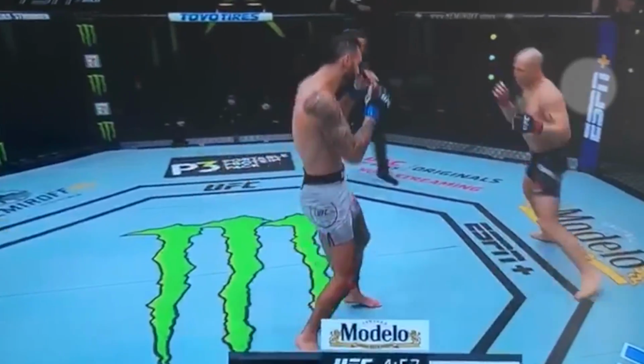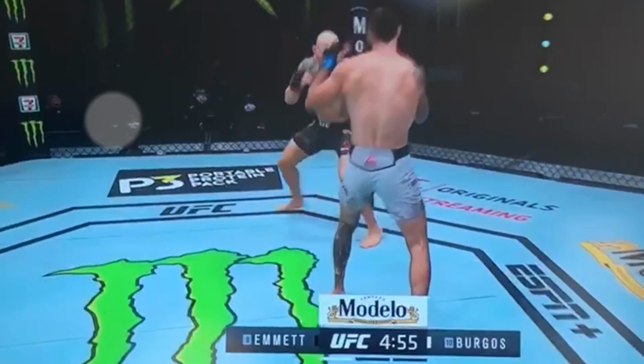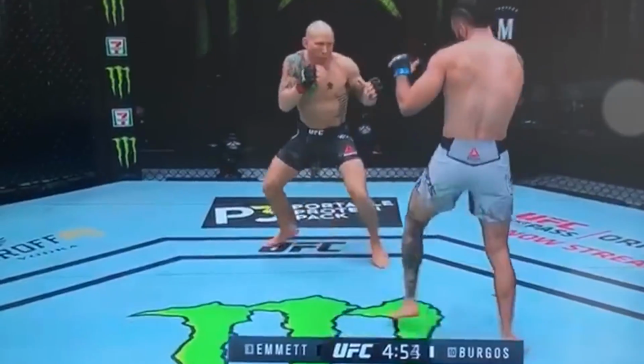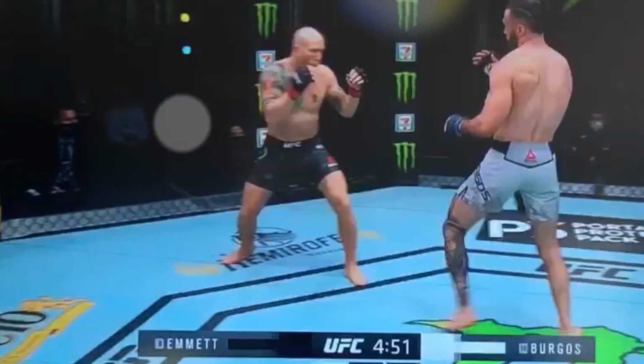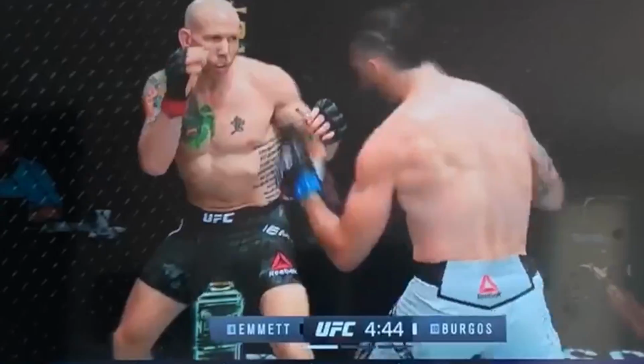Today I'm talking about UFC fighter Josh Emmett and the injury that he sustained on June 20th of 2020 at the UFC Las Vegas 3 event. At this event, Emmett was fighting against Shane Burgos in a featherweight match. This fight was anticipated to be a barn burner, as both of these fighters are heavy-handed strikers who are swinging a bag of hammers whenever they throw a punch. Emmett injured himself early in the match, but he continued on through all 3 rounds of the fight to secure the decision for the win.